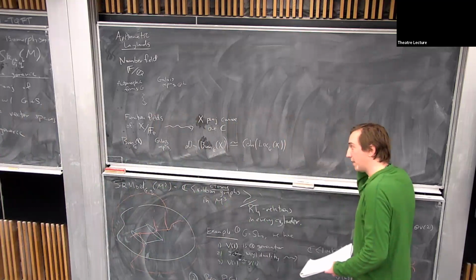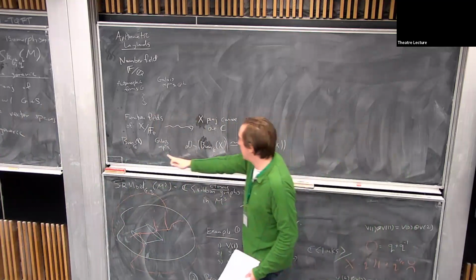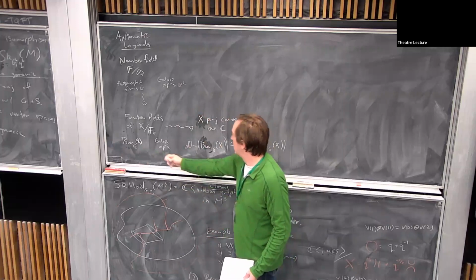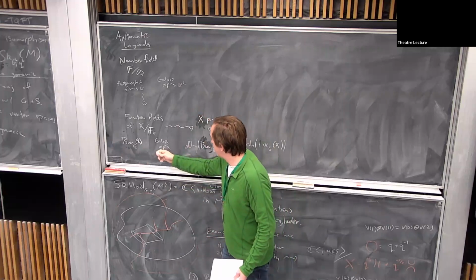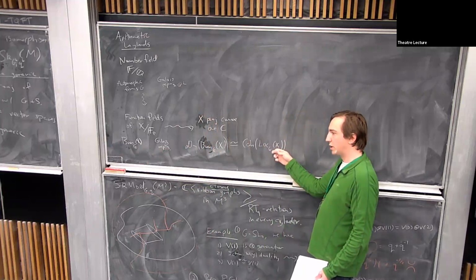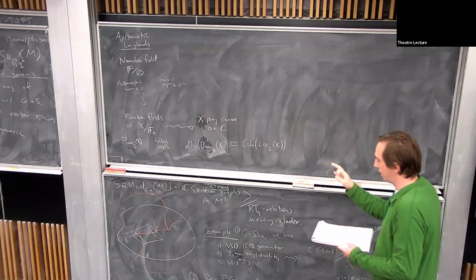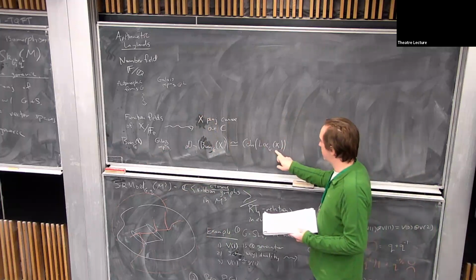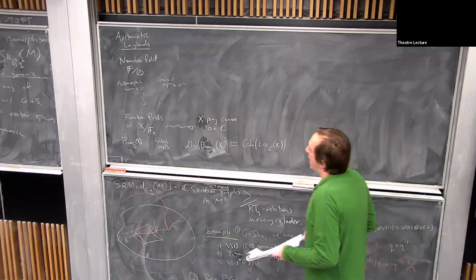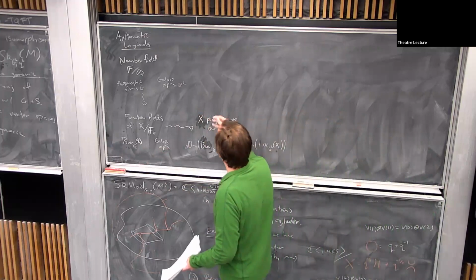So in geometric Langlands, you relate D-modules on Bun_G to functions on Bun_G. You relate the set of Galois representations to the category of coherent sheaves on the space of G-check local systems. Okay, and so with those two things on the board,